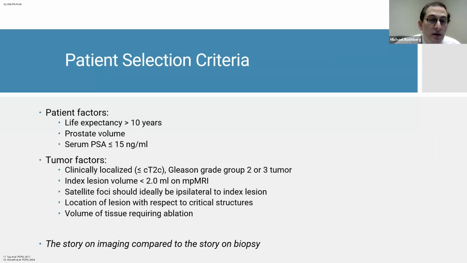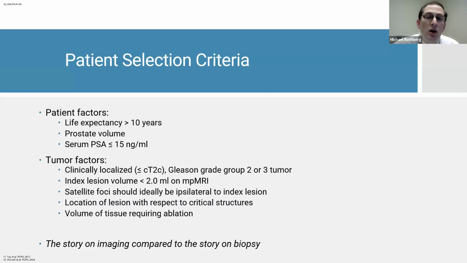Ideal candidates include those with life expectancy greater than 10 years, PSA less than or equal to 15, clinically localized disease less than clinical T2C, and Gleason grade group 2 and selected grade group 3 patients. Lesion volume should generally be under 2 mLs on multiparametric MRI. And we also, importantly, need concordance between imaging and biopsy and careful consideration of lesion location and its proximity to